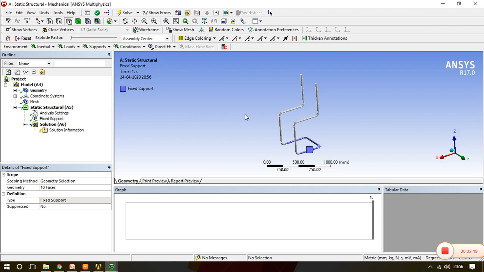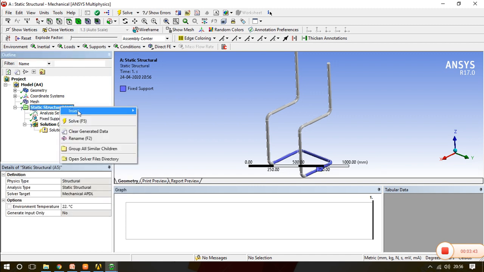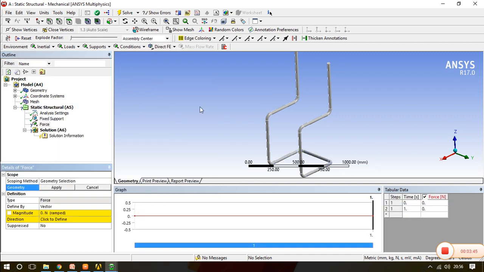Then we have two loads with us, or rather I'll say two locations where we have to apply the load. One is the direct load, which is the person having 50 kg, meaning around 500 Newton, but while solving this numerical we will consider both loads as the same, so that we will get a maximum factor of safety. So first I will apply force 1 on this portion. This is the primary loading.